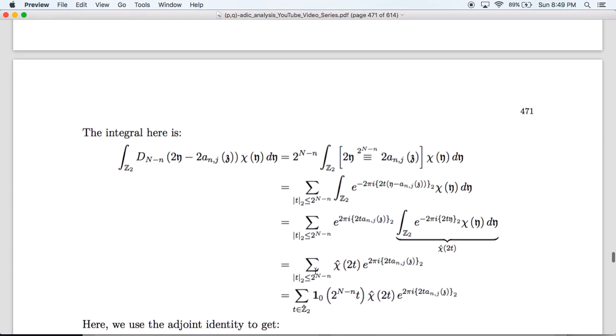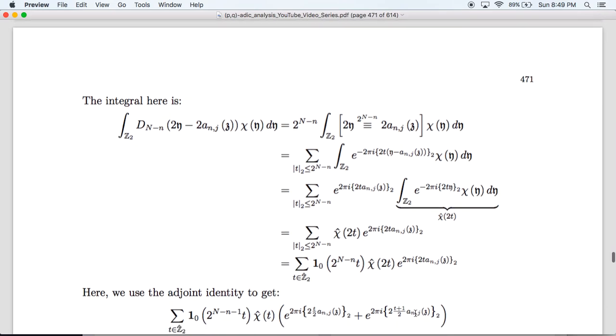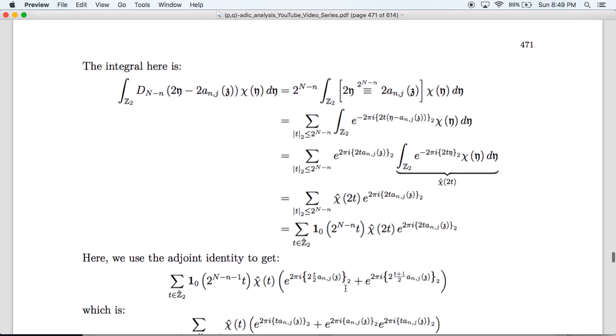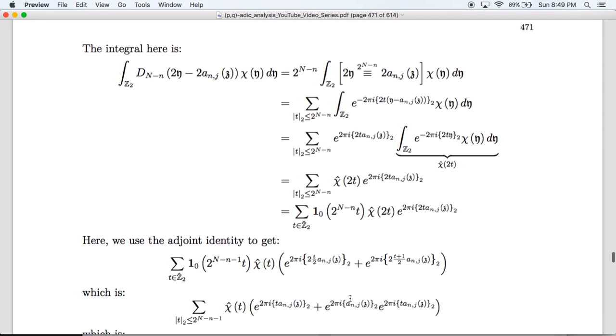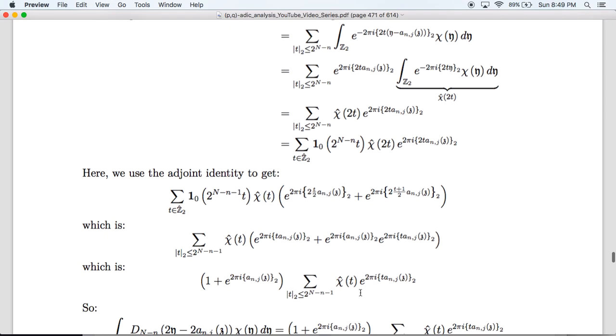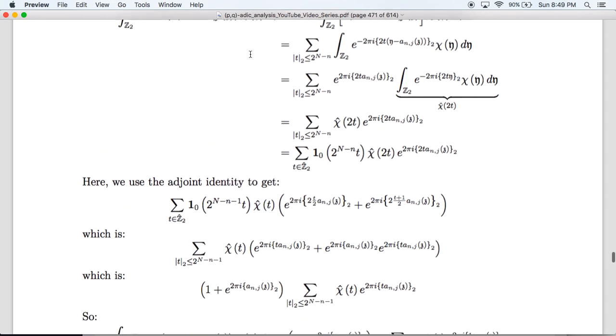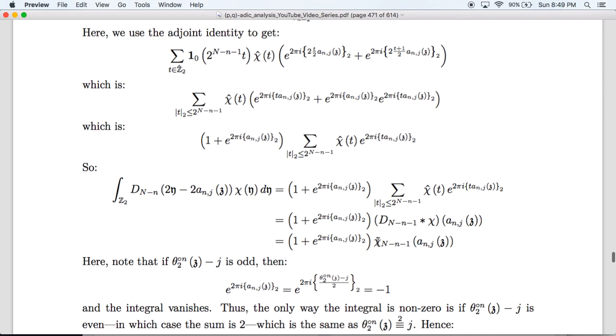Now, we then write this out like so, and now we're going to use that adjoint identity. We're going to take a 2 from this function and put a 1/2 in this function, and we add over even and odd. And when we pull things out, we get all of this, which factors to this. Note that we go from 2 to the big N minus little n to 2 to the big N minus little n minus 1. And so our integral simplifies to this expression, where again, this is the